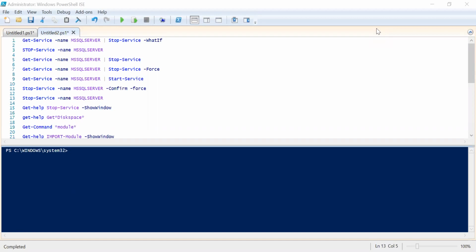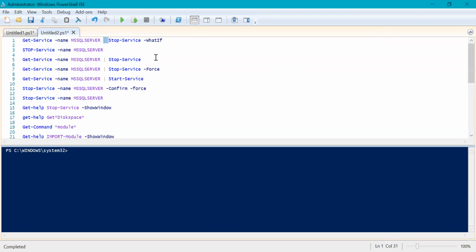So without wasting any time, let's start. In the last session, I've already explained about Get-Service and Get-Help. Then, I've also introduced this pipe in the last part, right? So I'm going to use this pipe now, and then I'll tell you what else we can do using the output of some command. And there are lots of other stuff that we can do.